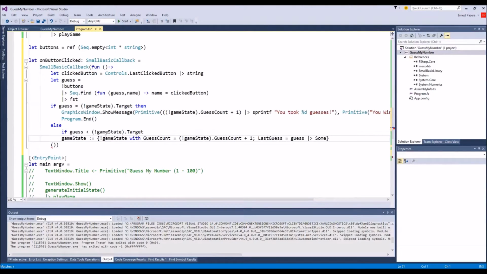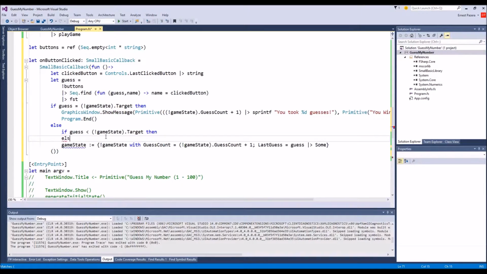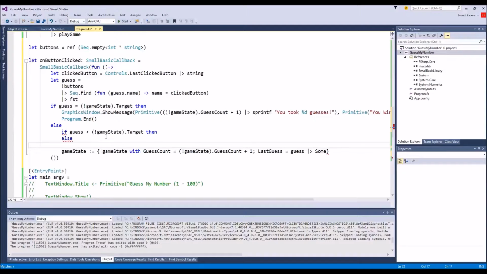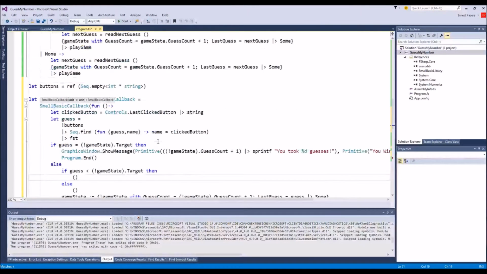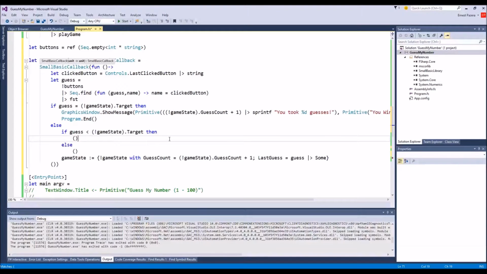Okay, if the guess is less than game state target, then... else... do nothing here. And what we're going to do here is we're going to